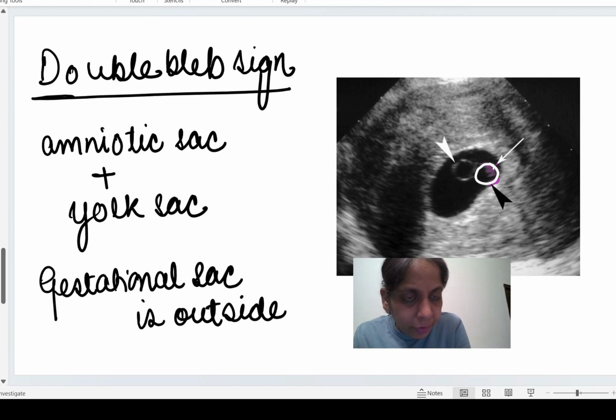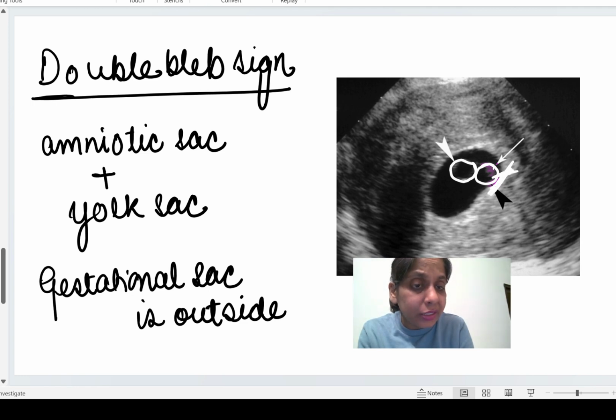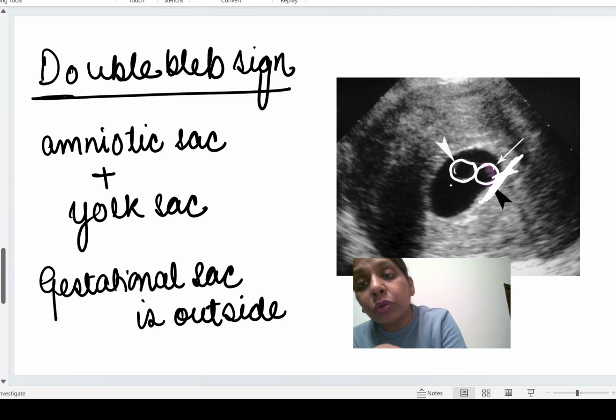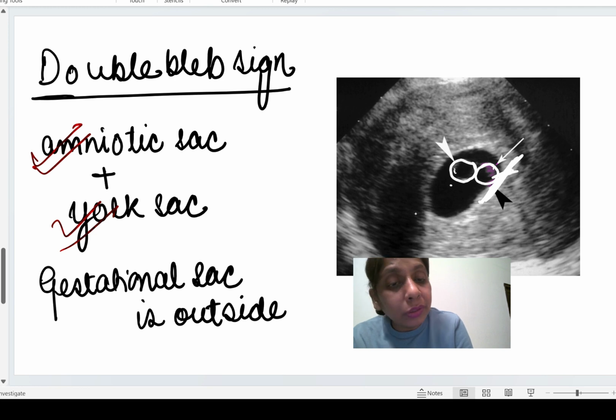See, this is the first circle and this is the second circle, right? So these are the two circles, okay? The one which is attached to the gestational sac is, of course, the amniotic sac, and the one which is much more superficial is the yolk sac, okay? So it is the amniotic sac and the yolk sac, and both these are